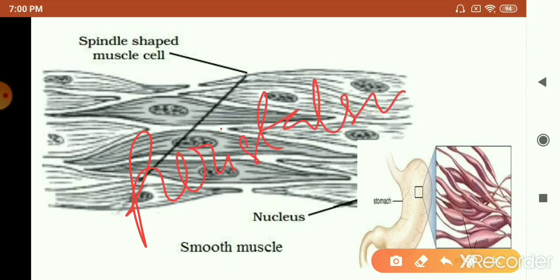The movement is peristalsis. This you must have learned in your junior classes, which is a rhythmic contraction. It's a contraction and relaxation of the smooth muscles which line the wall of the alimentary canal. Even your blood vessels, through which blood moves. So the movement of blood is because of the contraction and relaxation of the muscles which make the wall of the blood vessels, that is arteries and veins.